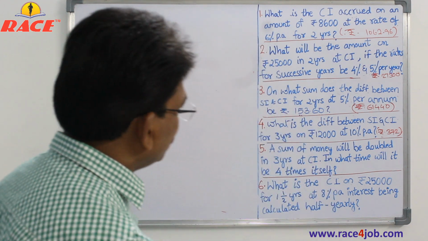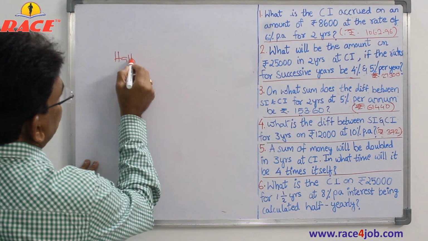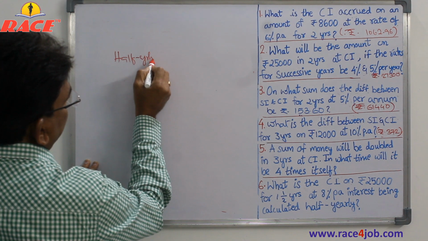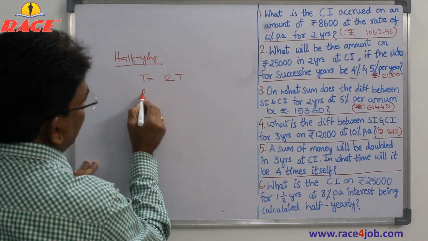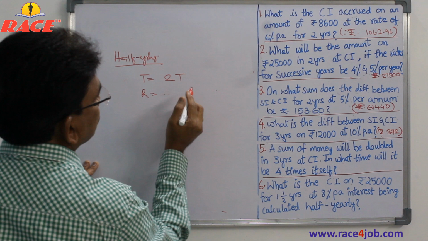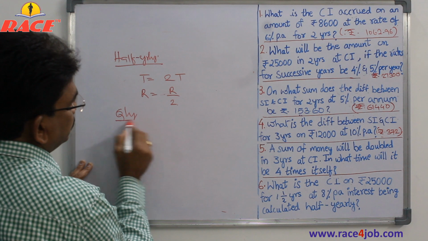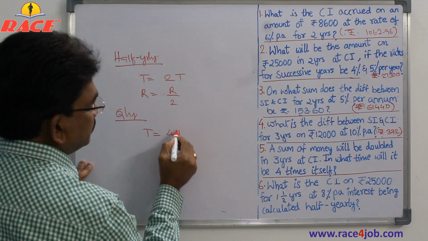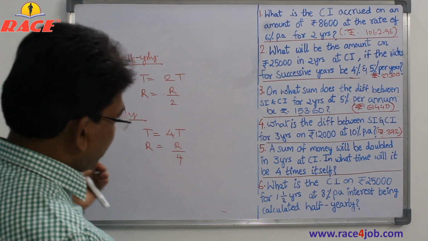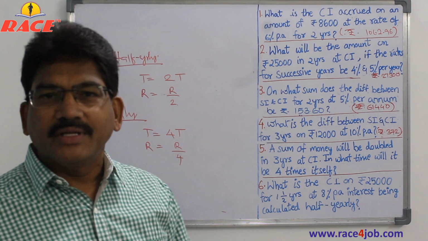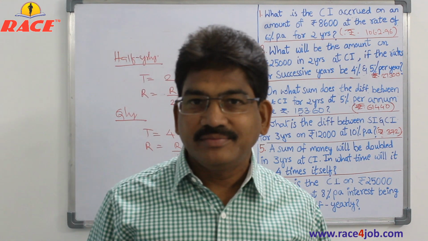That is important. Okay? So I will write it here also. If the interest is calculated half yearly, what happens? The time will become double. 2 times in a year we have to calculate. And the rate of interest will become half, R by 2. Okay? Fine. If we calculate quarterly, then the time will become 4 times, and the rate of interest will naturally become 1/4, R by 4. And sometimes we calculate monthly also. If we calculate monthly, 12 times, then the rate of interest is R by 12 and so on. Fine? Remember this.